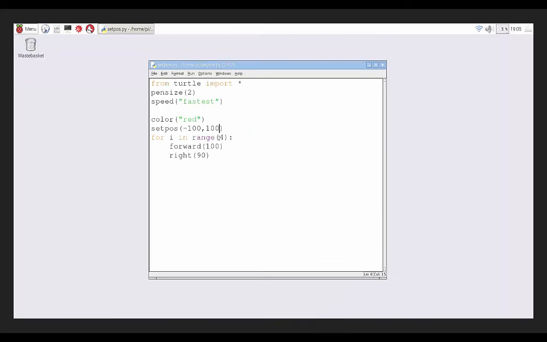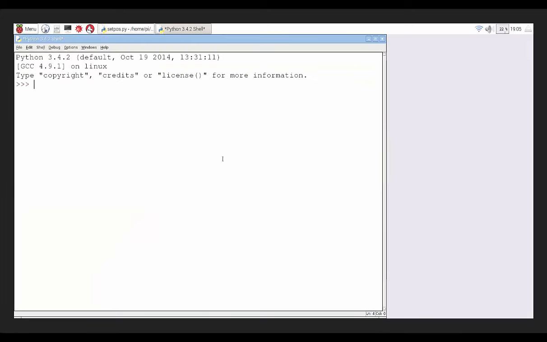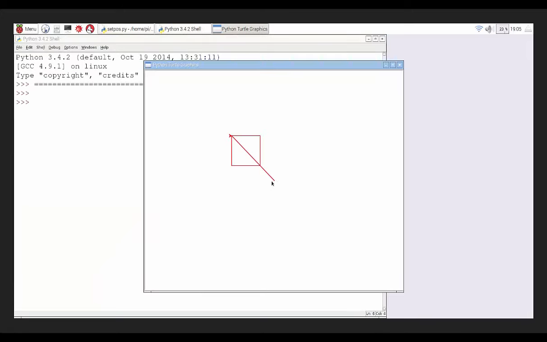Let me actually move that. I'll make it 150 so you can see it slightly better. I'm just going to go 150, 150. F5, run that again, so we can see. Now you can see we've moved from there all the way to, so we set our position from the 0, 0 all the way to the minus 150 on the X and 150 on the Y,